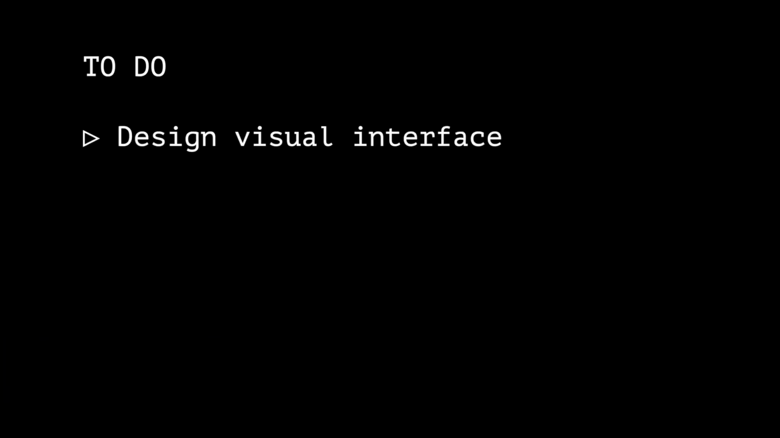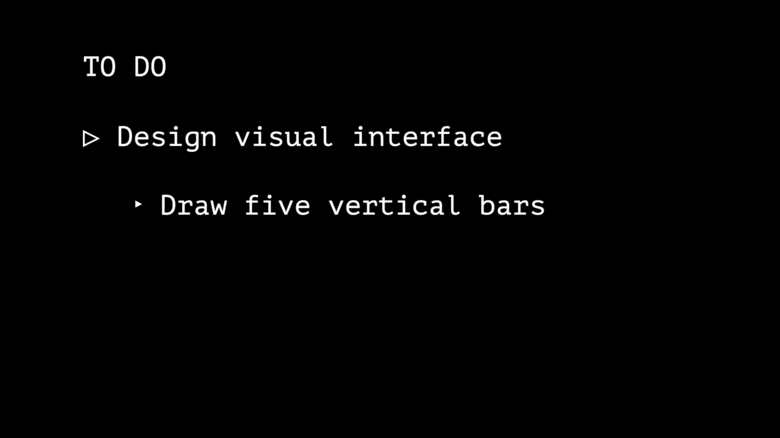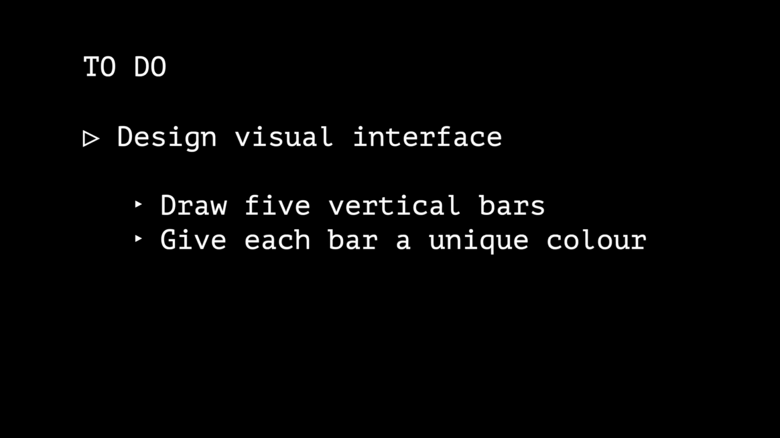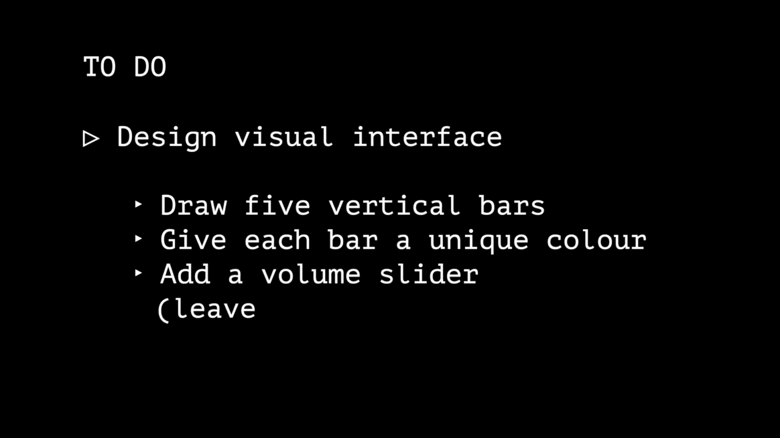First, let's work out what we need to do. We need to design a visual interface for our synthesizer in the browser window. Let's draw 5 vertical bars across the screen. Each bar will have a unique color and will play one musical note. We'll add a volume slider to the top of the interface, leaving a top margin to separate the volume control